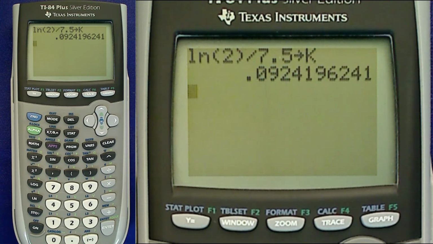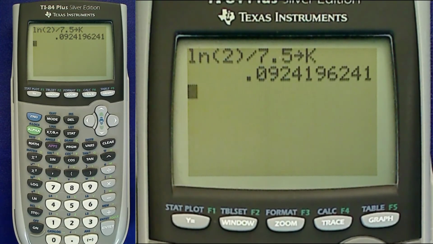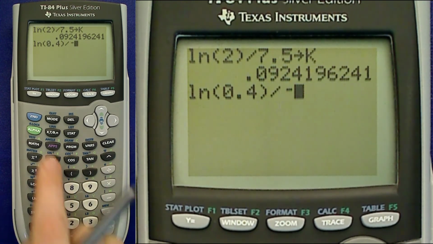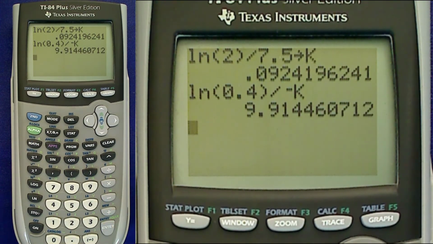Okay, I wrote that down on the problem here just to have it for the record. What we're really interested in is ln of 4/10 divided by negative k. Well, 4/10 is easy, that's just 0.4. And then we divide by negative alpha k. And that tells us t is approximately 9.2